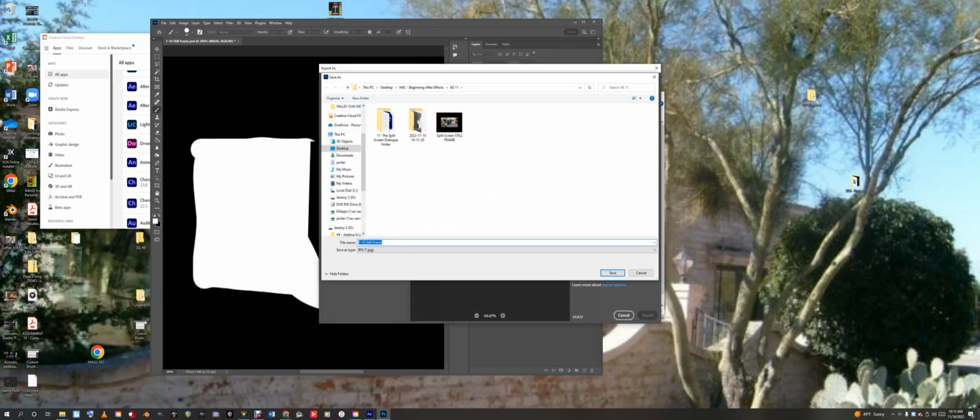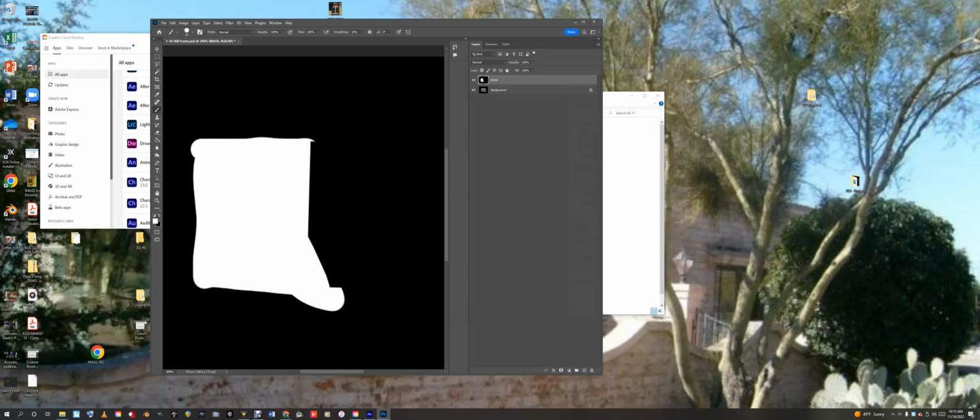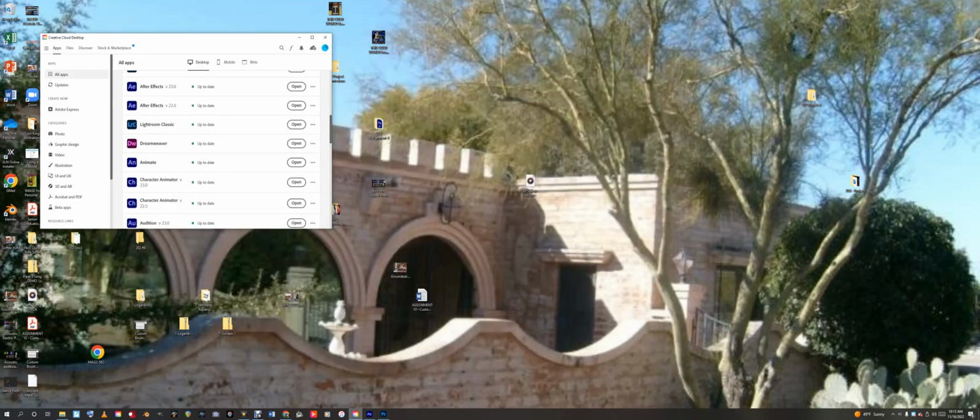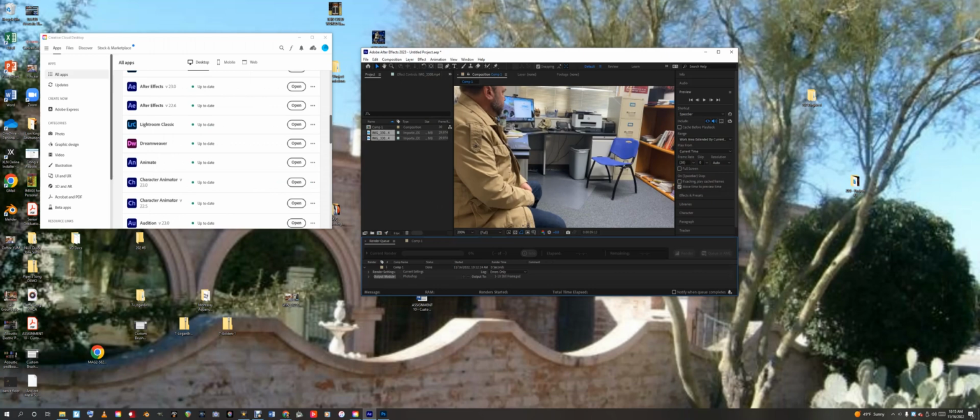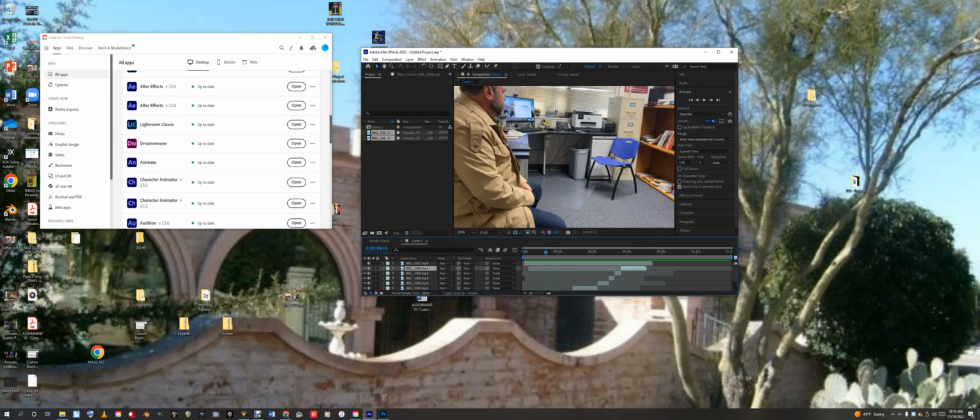And we'll call it 1 to 10 still frame mask. Okay, click Save. Should be done with that. And let's go back into After Effects. And let's go back to Comp 1 here. We've got a lot of clips to deal with here,